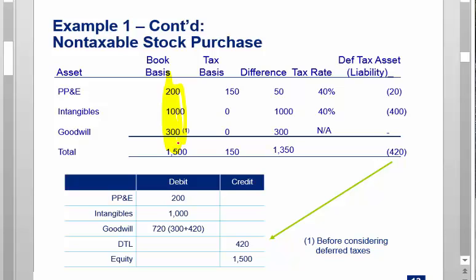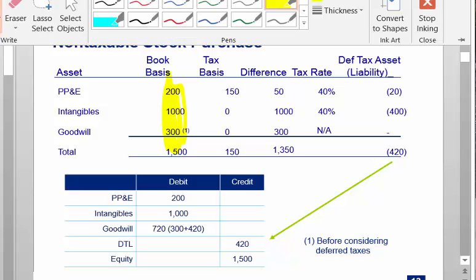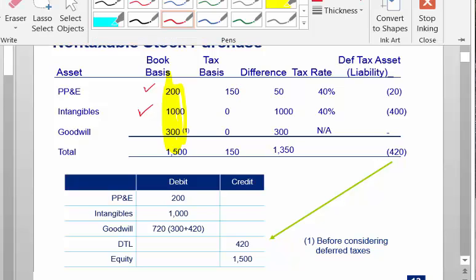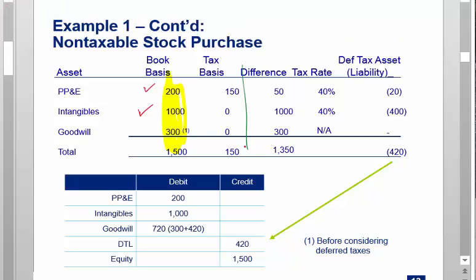How do you determine the value of Goodwill? You can get a valuation firm to tell you what's the property worth, what's the intangibles, patents, whatever worth. How do they tell you what the Goodwill's worth? It's a plug, right? Okay, good. Okay, so in a stock purchase, our tax basis is historical, right? This didn't change from what it was. So now we have a whole bunch of differences.